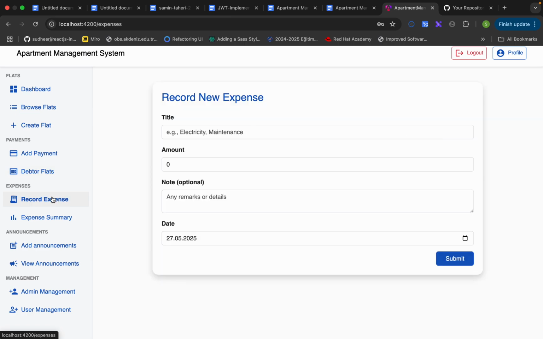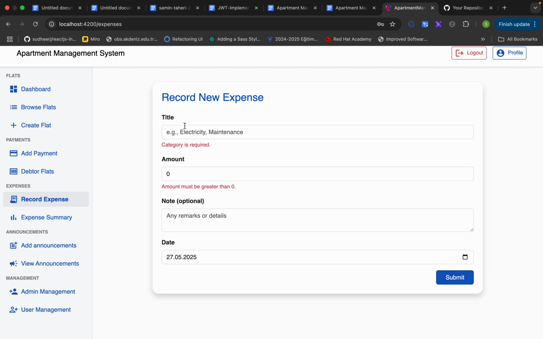For the financial summary dashboard, this dashboard gives a high-level view of income versus expenses. So for the expense record page, admins can record outgoings such as utilities, repairs, maintenance, etc. The entry form includes a title, which is required, an amount, which must be greater than 0, a note, which is optional, and a date, which defaults to today. And if we want to create one,